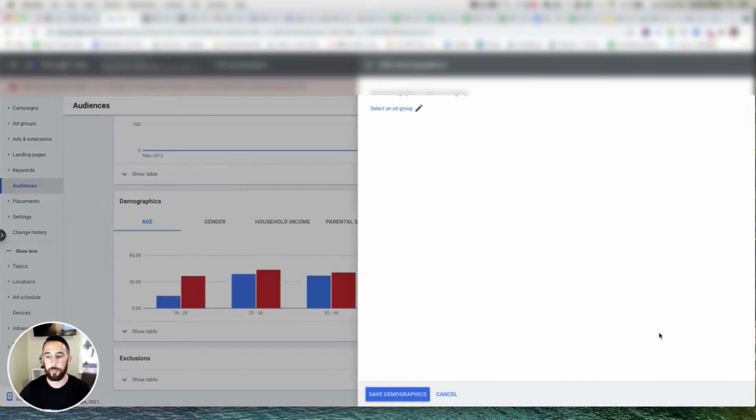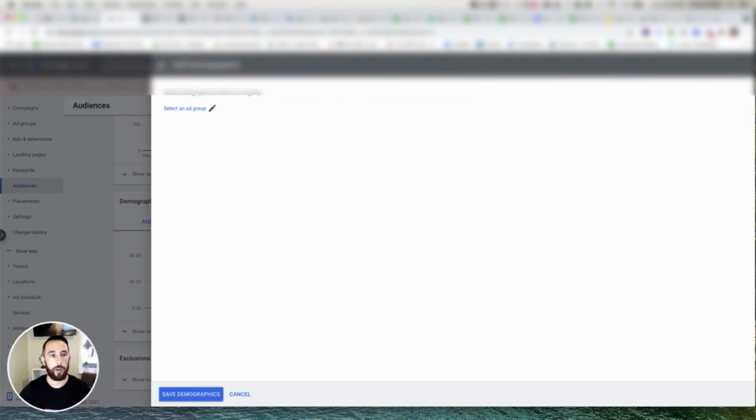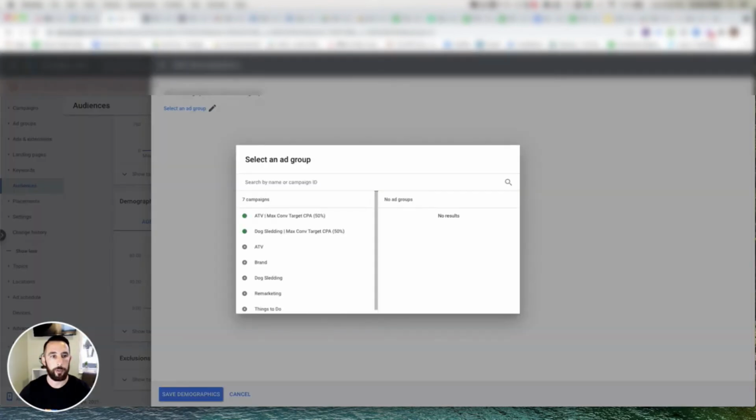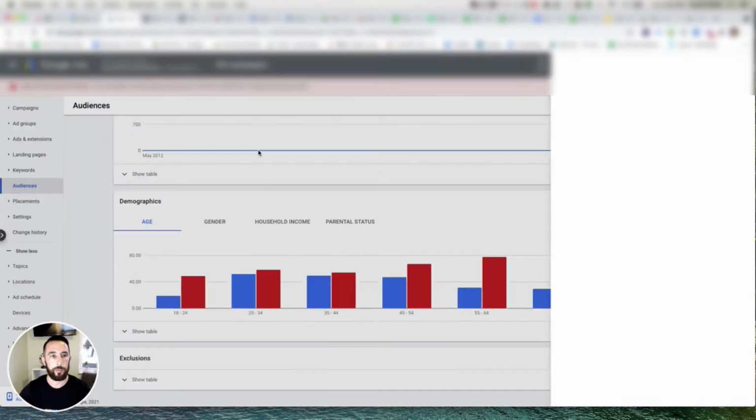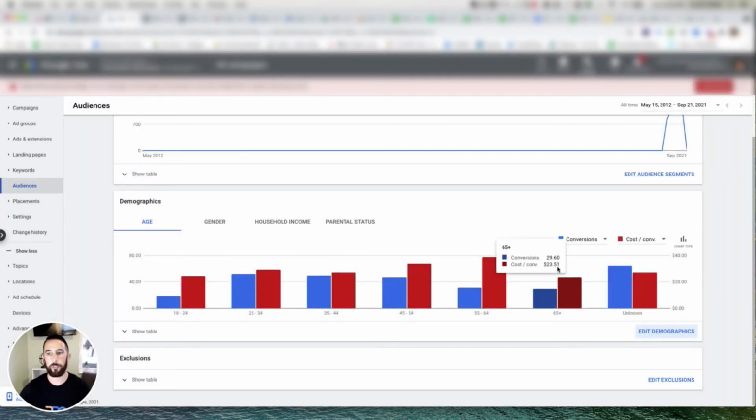You can edit some demographics right here on this view. You have to select ad groups to do that. We're not going to worry about that for right now. But just to keep it high level, you can look at all campaigns like we're doing right here. Look at existing, just single campaign. I do think it's helpful to do both. I do think you need to have definitely at least 3 to 6 months worth of data here,